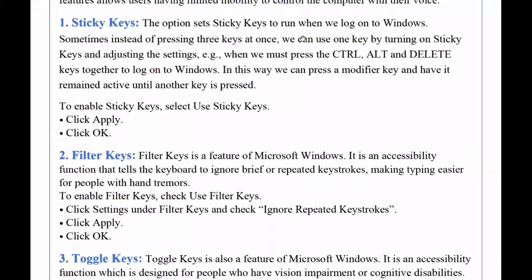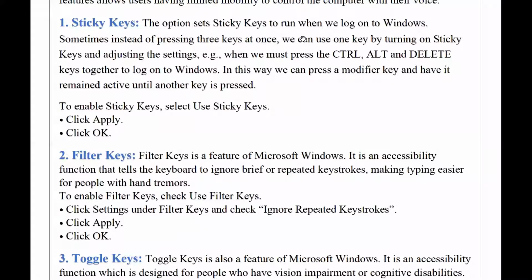समझ में आया आपको? जैसे कि 3 कीज को मुझे एक साथ नहीं क्लिक करना है, मैं चाह रहा हूं कि इन तीनों कीज की जगह मैं केवल एक ही की को क्लिक करूं, और वो कोई भी आपका डिजायर्ड की हो सकता है, तो उसे बोलते हैं अपने स्टिकी की। स्टूडेंट्स, स्टिकी कीज उनके लिए बहुत ही ज्यादा हेल्पफुल है जो थोड़ा सा हैंड से इम्पेयर्ड है, फिजिकली इम्पेयर्ड है, तो उनके लिए कैसे इजी हो सकता है कि हाँ, उन्हें ज्यादा से ज्यादा कीज को नहीं प्रेस करना होगा.